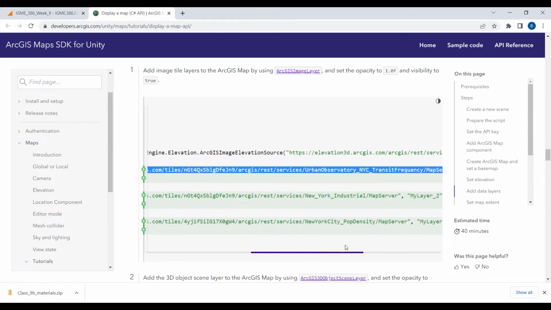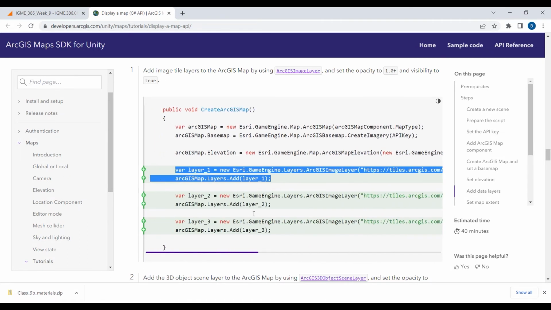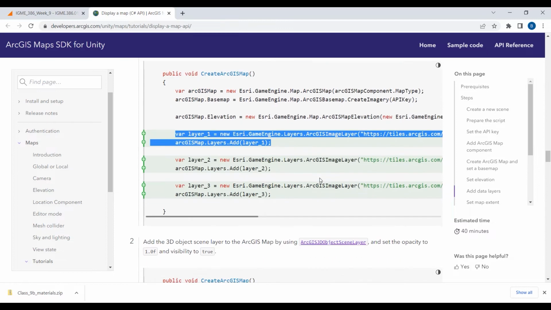Urban observatories in New York City. Okay. Any questions on that about a tile layer? Just what it is? No? All right. So let's just move on then. So we're not going to do two other image ones, but what we are going to do